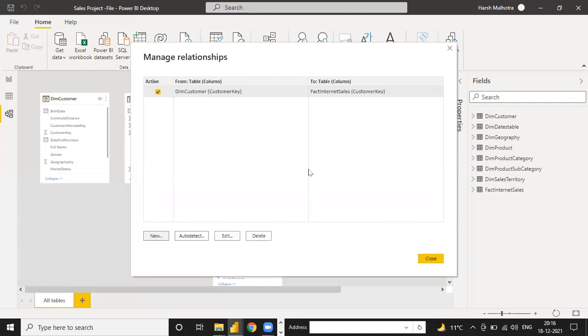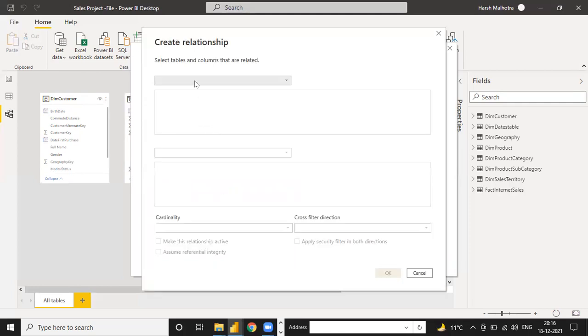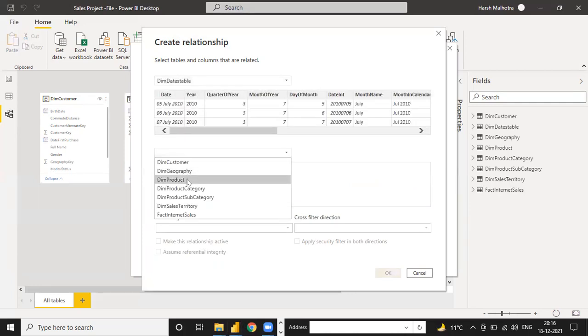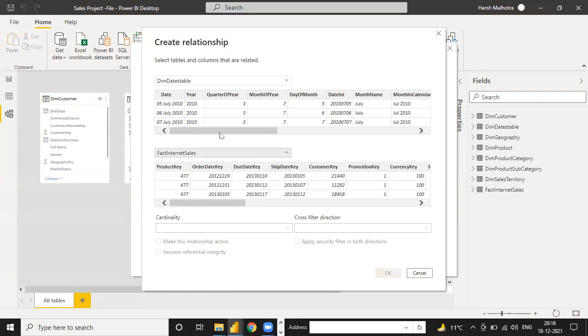So first is this one. Second, if I click on this new one, we have the dates table, and third we have the fact table. And guys, see why it is not connecting automatically. Why is the date table not automatically connected, but the customer table is? Because here the column name does not match, I think. This is the main reason. If the column name matches, then it should automatically match.